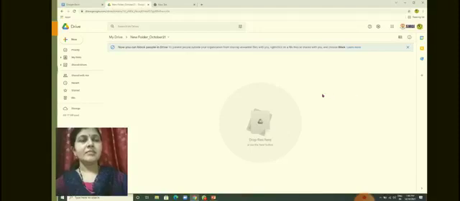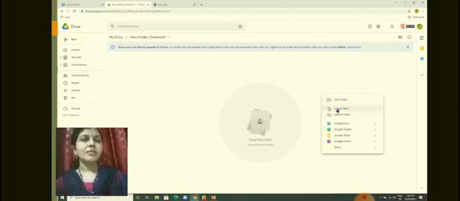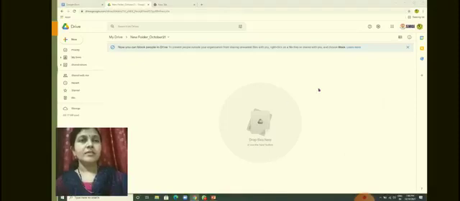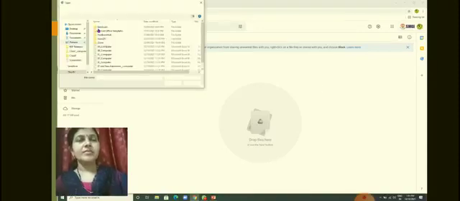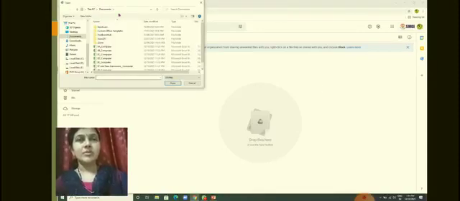Now I want to upload the files. So click on the right button and click on upload files. When you click on upload files, it will ask for the files to be uploaded to this drive. So which file do I want to upload?